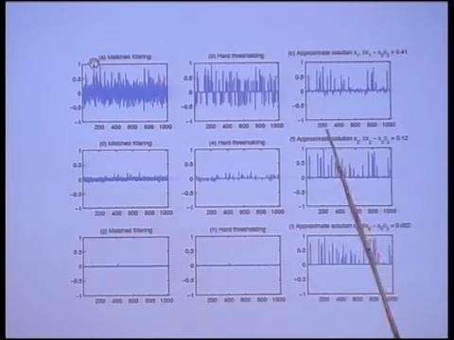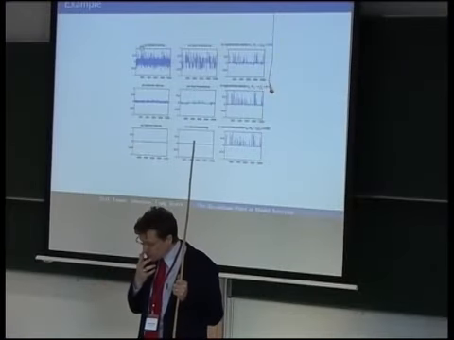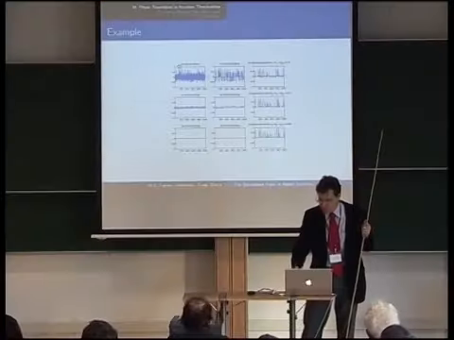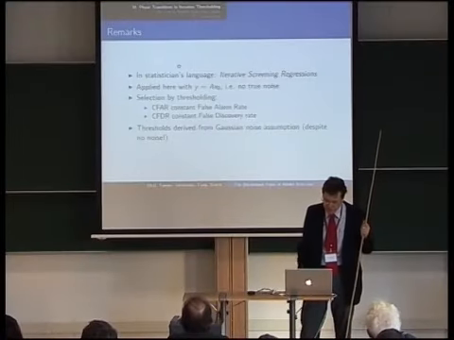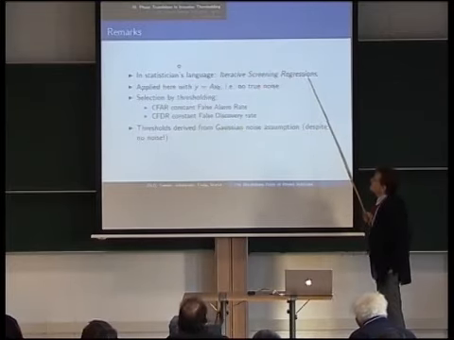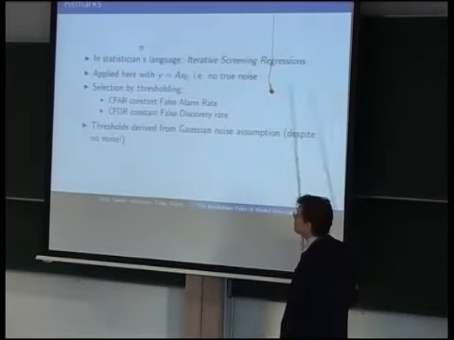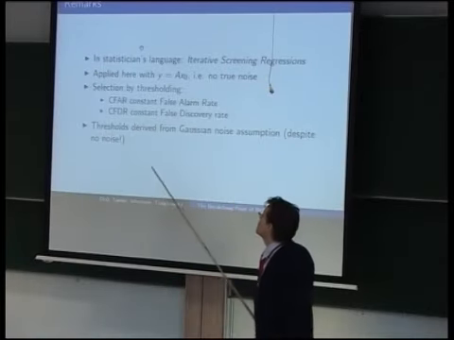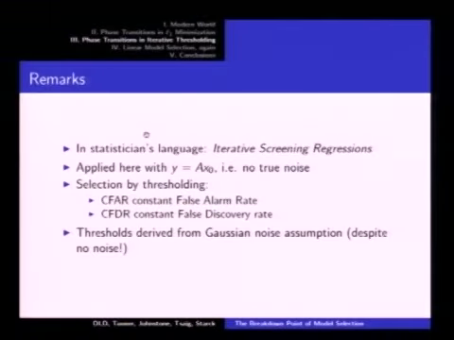We continue. So this iteration you just do a few times. It's not something you tend to limit, but you just do a fixed number of times. If we only did it once, it's just screening regression. If we do it multiple times, it's iterated screening regression. But we're applying an idea that's old to statisticians here in a setting where there's no true noise. And the point of that is to show even with no true noise, all the statistical phenomena are relevant.